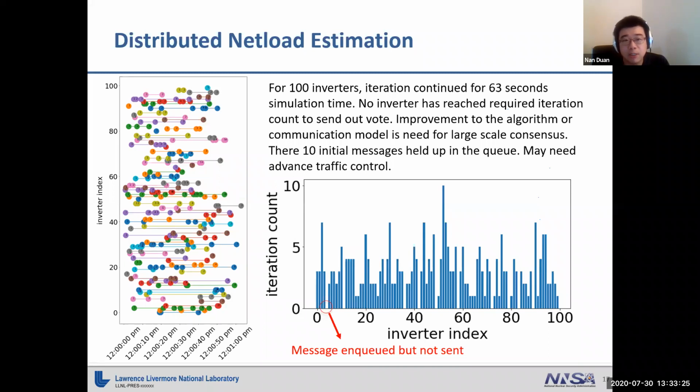If you look at this bar chart here, some of those inverters have their initial estimation message queued up in their queue, but never sent. So that's something I think really justifies the co-simulation's value, is that you can have a theoretically really strong algorithm, but